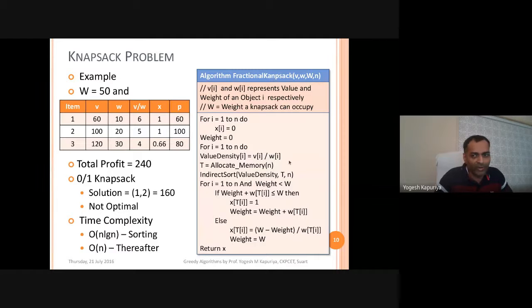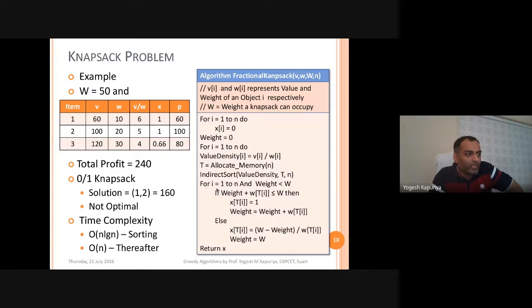It's a single for loop, so again it's big O of n. Then you are doing the sorting. If you remember any sorting technique, bubble sort, selection sort, quick sort, merge sort, your time cannot be better than big O of n log n. So let us assume that you are using a merge sort or a quick sort. Then your time complexity for sorting is n log n.